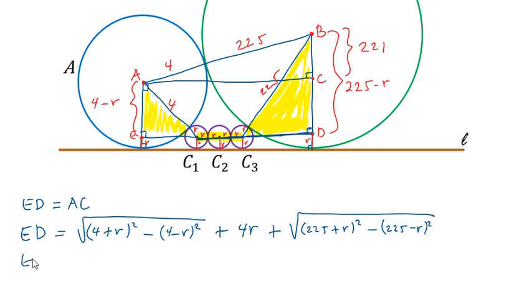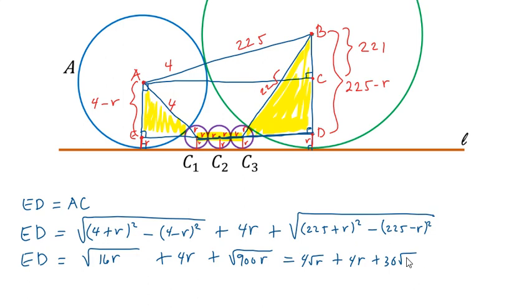Now if we simplify this, we get the square root of 16r plus 4r plus square root of 900r. If we simplify further, this is just 4 square root of r plus 4r plus 30 square root of r, which is equal to 34 square root of r plus 4r. For now, let us set this aside and let's find